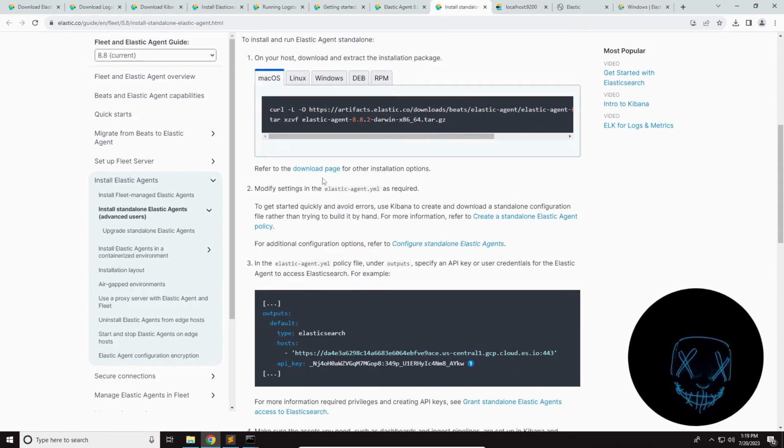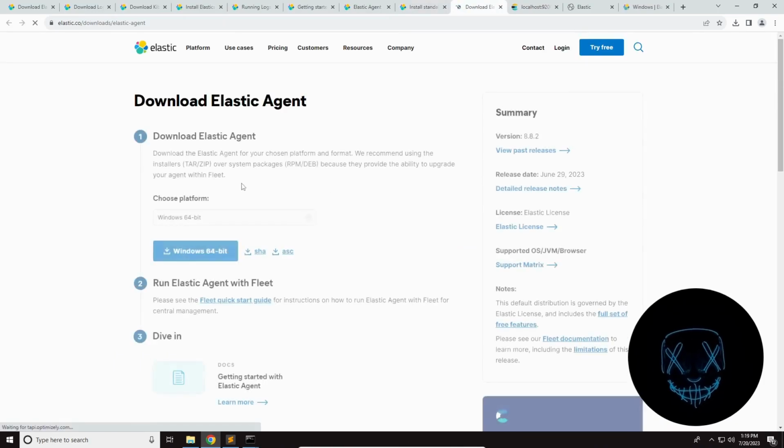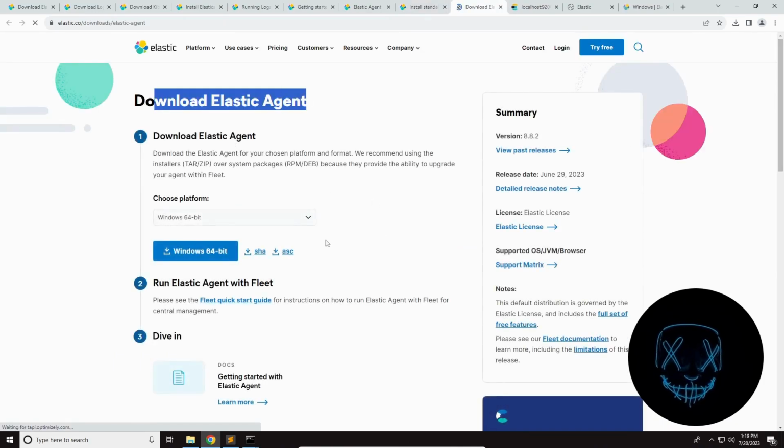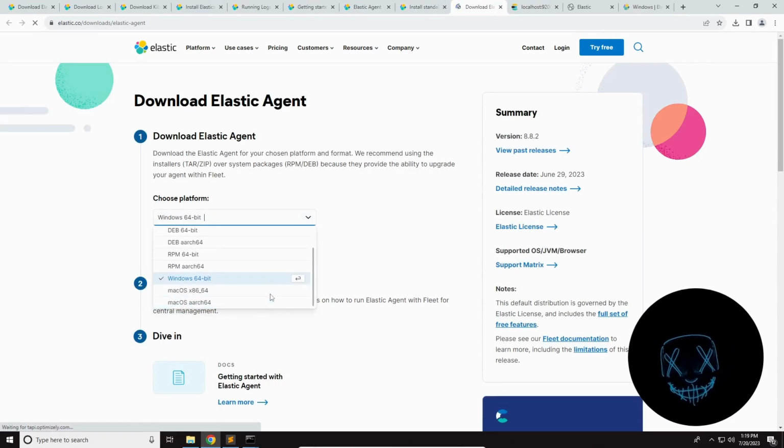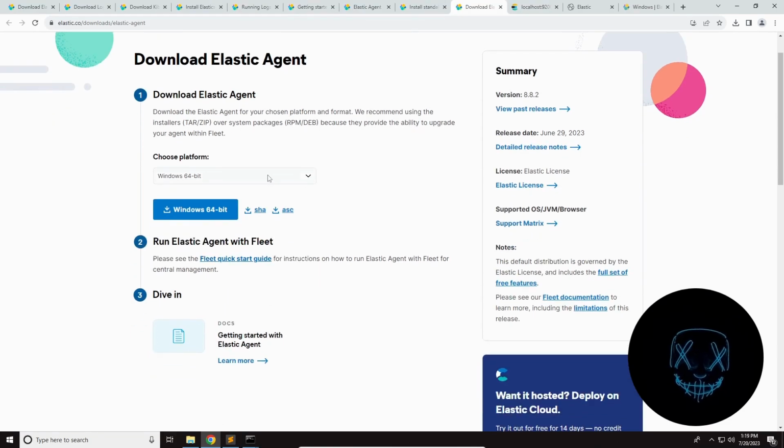First, you have to download the agent, which you can do by clicking on this particular URL. I click on it and it says download Elastic agent. Then you have to choose the platform you want it for. Let's say I want it for my Windows, and then I'm going to download it. Here it's basically giving me two options: